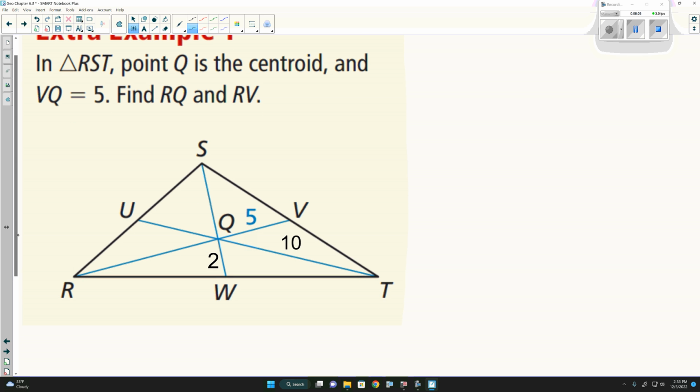Let's look at the next one. In triangle RST, point Q is the centroid, and VQ is 5. So we want to find RQ and RV. And really with any of these here, if I have one part, might as well go on and find the other. It's a little bit easier to find that than the whole straight out. Now, VQ, is that the smaller, bigger, or whole segment? Side to the centroid is the smaller segment, which means RQ is the